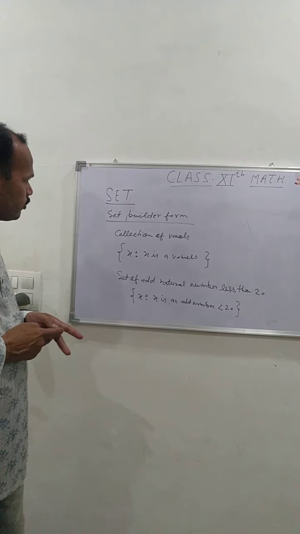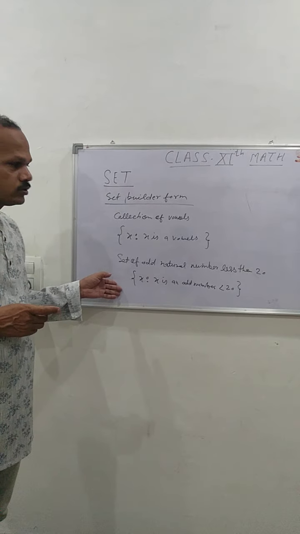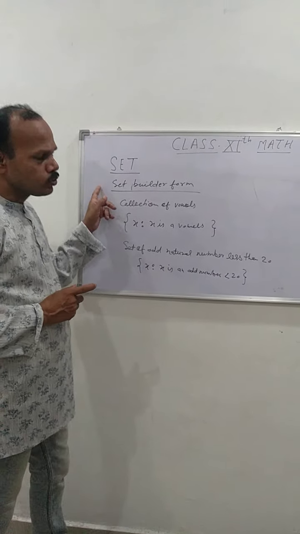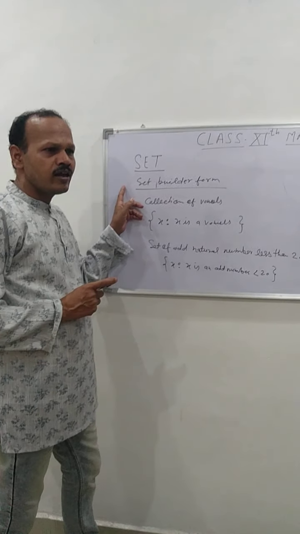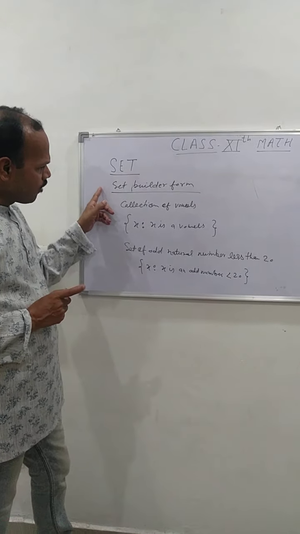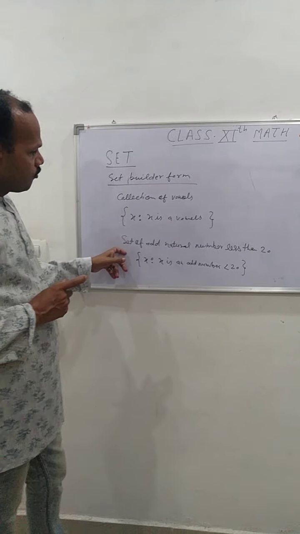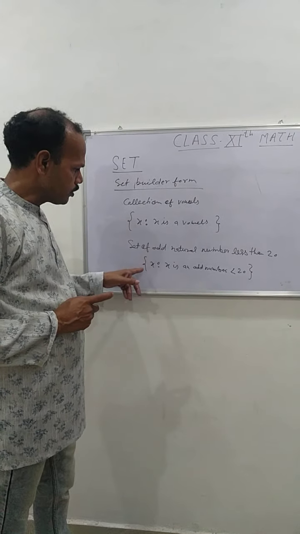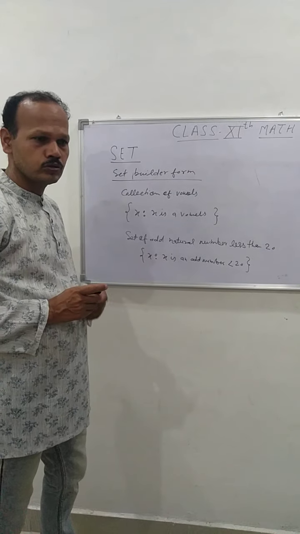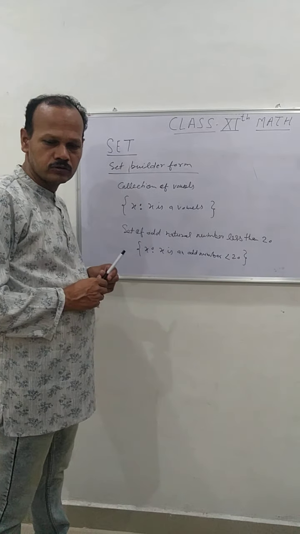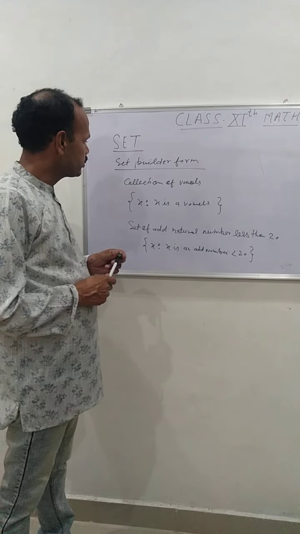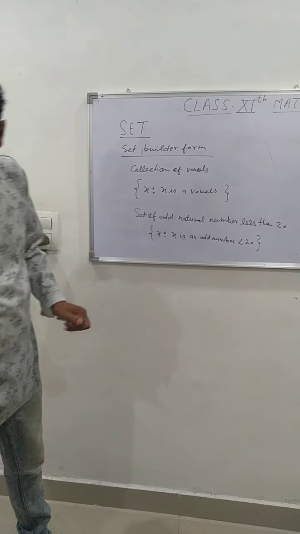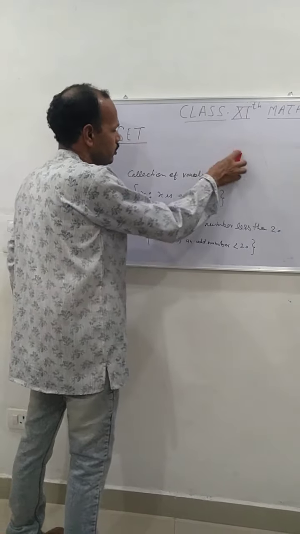So basically I have cleared what set roster and set builder are. If you want to identify the main difference between these two, you can say in set roster form we list the elements by using commas inside curly braces, while in set builder form we identify the specific property of elements by which we can represent them in curly brackets. This is the main difference between roster and builder. Now we come to the new topic, types of sets.